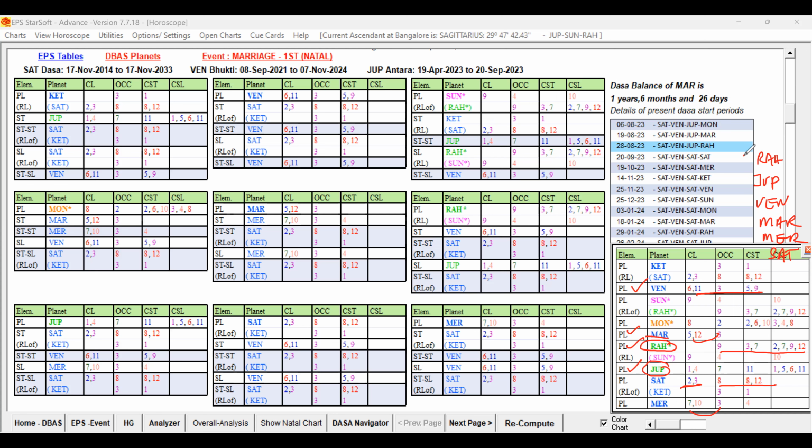Only Rahu and Jupiter are favorable, but all the remaining are mixed significators. Out of them, Venus is better. I think you are able to understand this one. Unfavorable, yes, Moon, red color already there. Other planets have only mixed ones. So now what we have to do, we have to check the destiny planet.